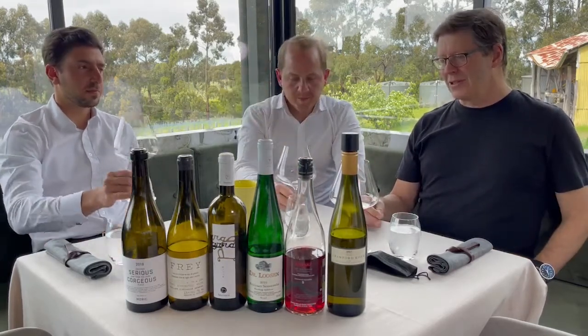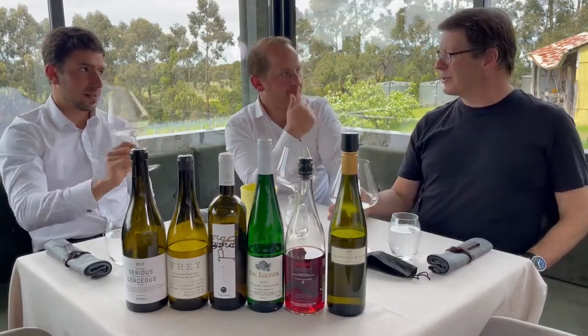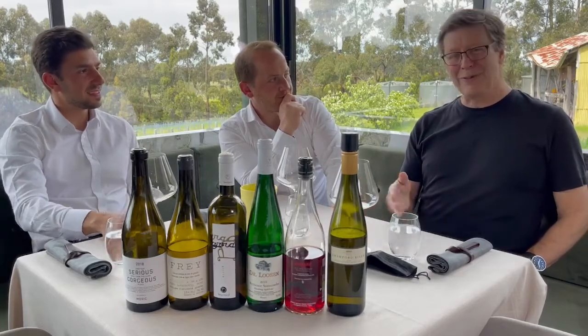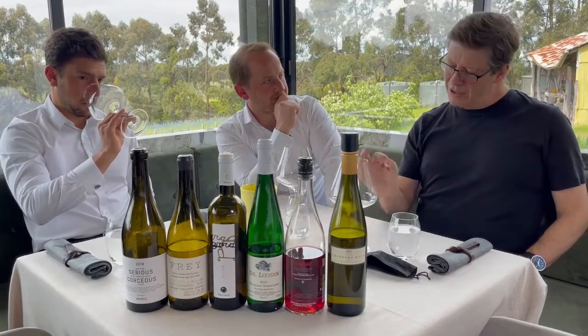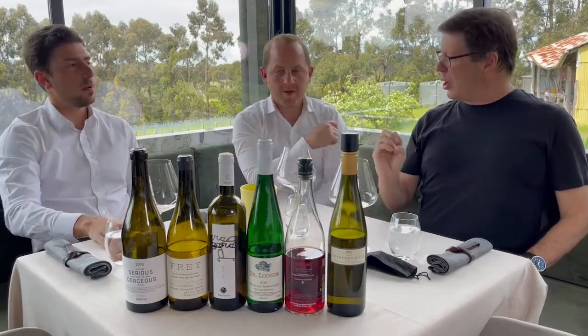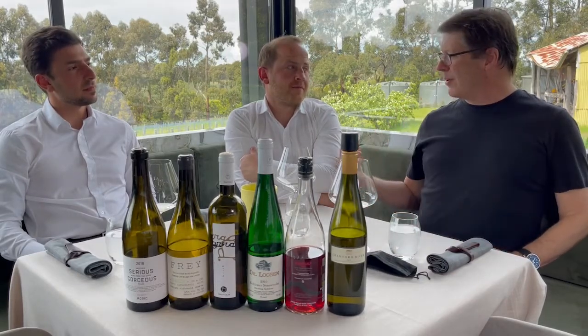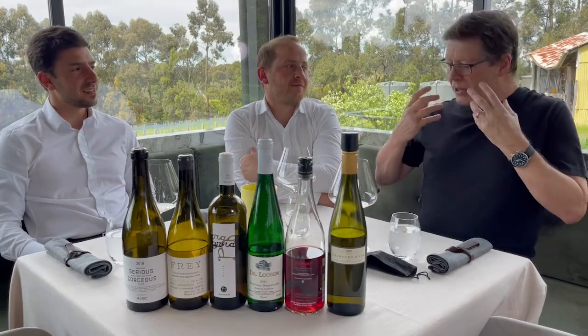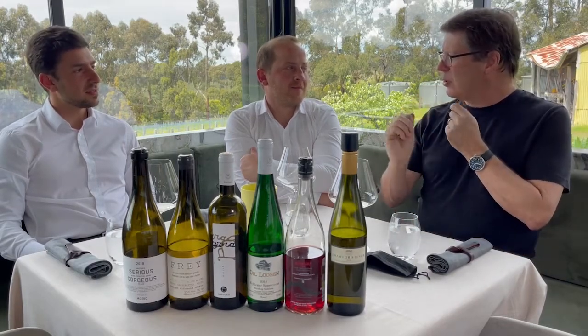It was obviously the first thing I thought of. It's not an obvious thing to think of an Austrian variety sitting there with an Indian dish, but I think it's a very interesting variety. Again, it can be quite neutral in terms of its flavor, but it's very textural. But you can see here it's got some lovely richness and body to it, which I suppose is the comment around maybe being confused with a Chablis or something. It's got more body than you would think from a Gruner, but it's still got that lovely drive and minerality